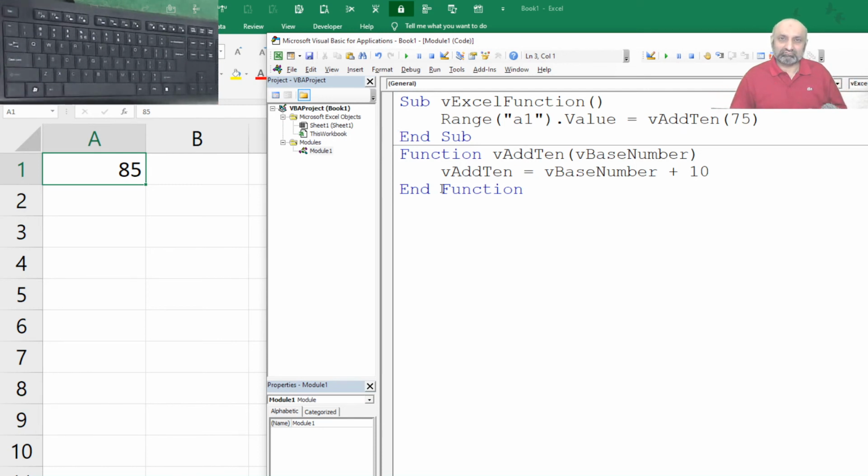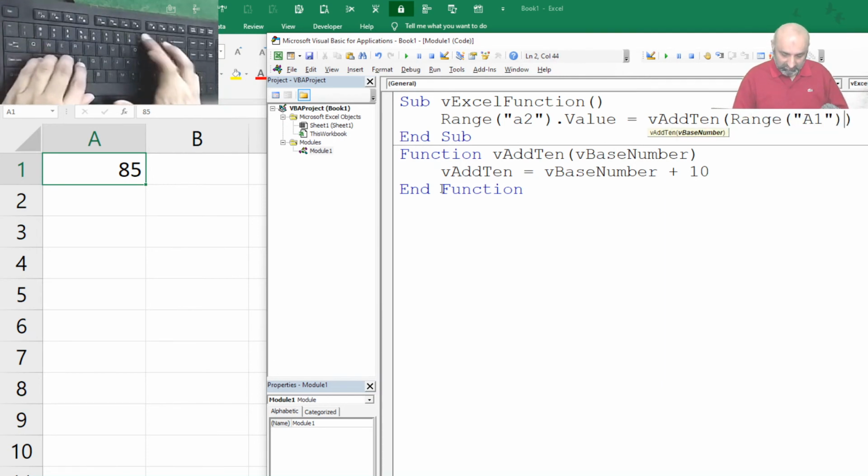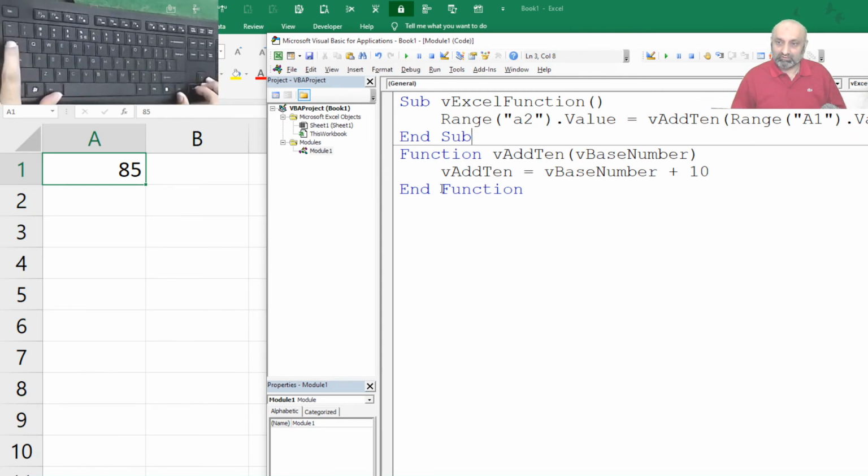So let's make another change. Let's get our output in A2, but instead of 75, let's pick the value from A1, Range("A1").Value. What is going to happen now is that this macro will pick the value from A1 and send it to the function Add10, and the Add10 function will add 10 to such value, and then when we go back to our macro, that new value will be saved in A2.